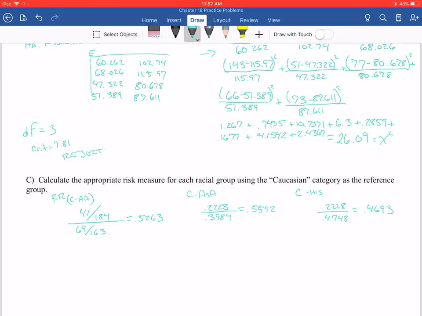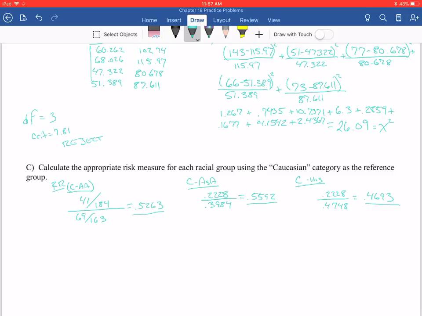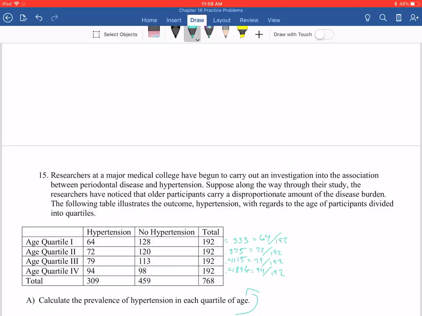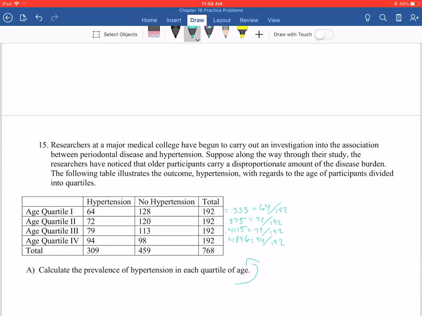Last part here is calculate the risk measurement for each racial group using the Caucasian category as the reference group. So once again, if you're using a cohort, we're going to be doing relative risk. So here's the relative risk using Caucasians as the control group. So this is Caucasians to African Americans, then Caucasians to Asians, and then Caucasians to Hispanics. And here is your relative risk for each of the groups. So as you can see, the highest risk group comparison is Caucasians to Asian Americans. I'm not going to have time to get